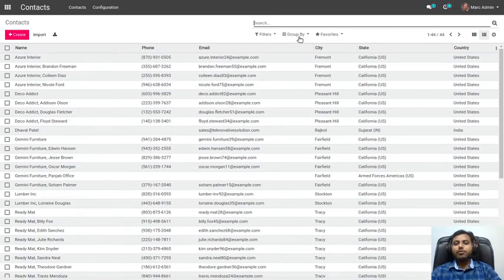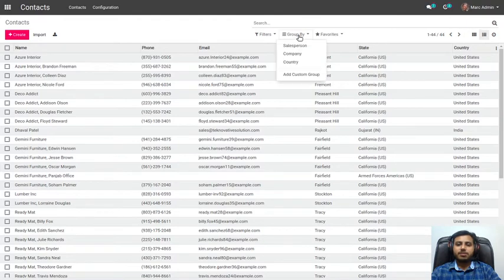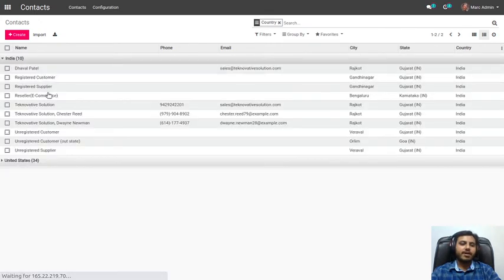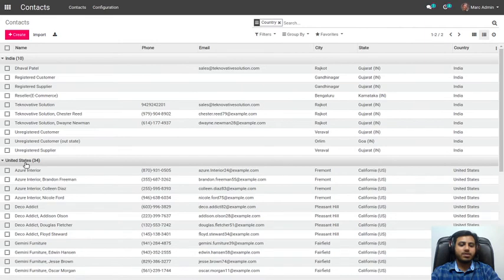Now if you want to group your contacts, your customers, based on the country, you can just click on the group by and click on the country, so it will classify the contacts based on the country. Like I have 10 customers from India and 34 customers from USA. If you again classify your customers based on the state,